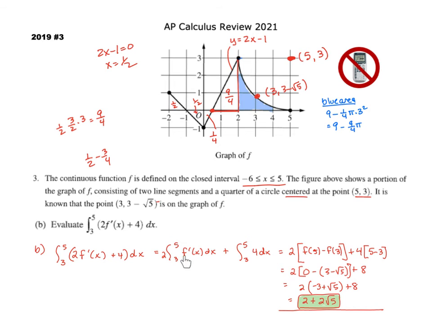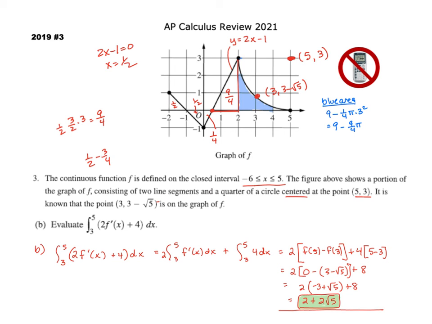So it'll be 2 times, the antiderivative of f prime is f, so it'll be f of the upper bound 5 minus f of the lower bound 3, all multiplied by 2. And the antiderivative of 4 is 4x, so that's just going to be 4 times 5 minus 4 times 3. It's a constant, so it's just the constant times the upper bound minus the lower bound. So anyway, we get 2 times f of 5, which we just get from the curve is 0,